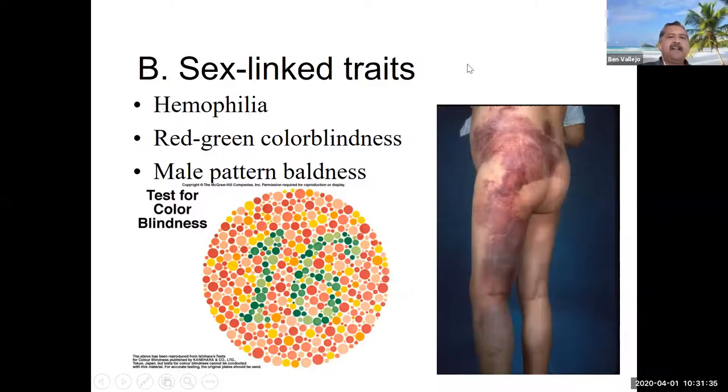All right, here's some sex-linked traits. This is hemophilia. Here's a picture of a person with hemophilia. Hemophilia is a disorder that has been studied for hundreds of years because it was seen in the royal families